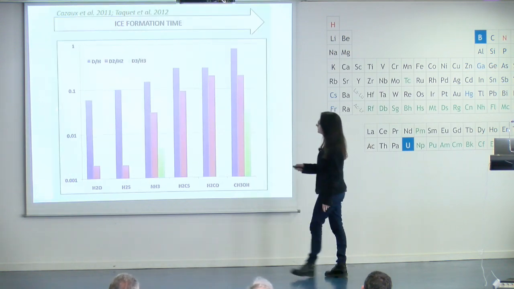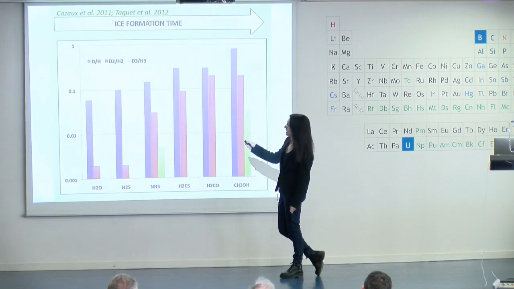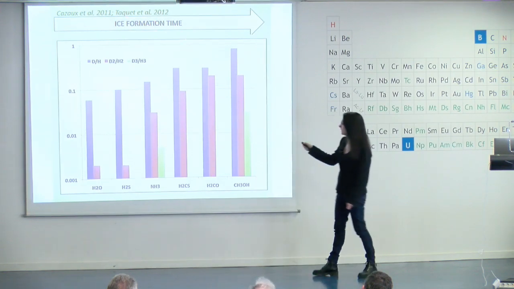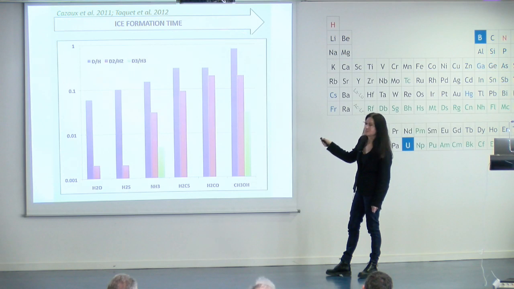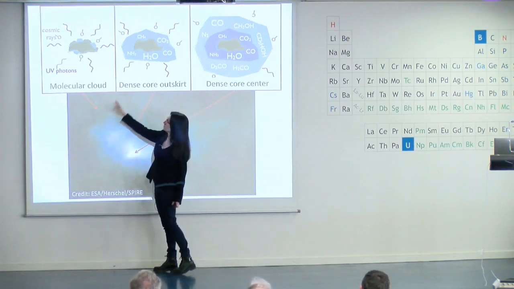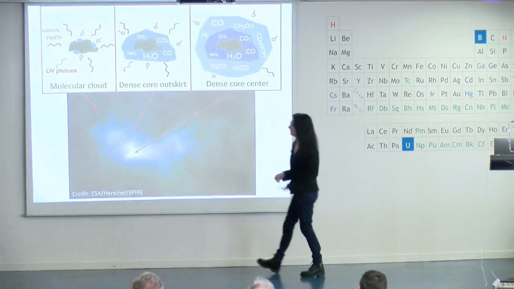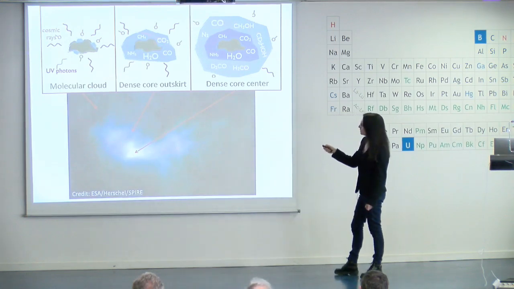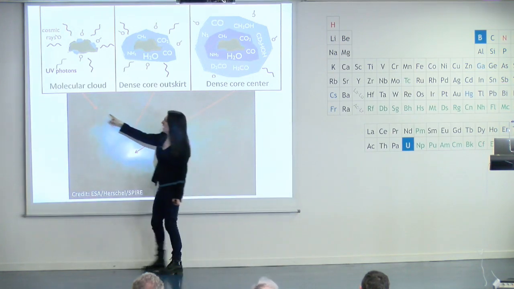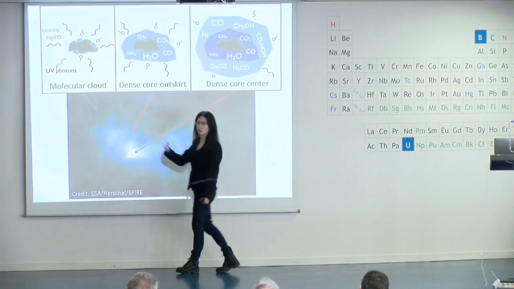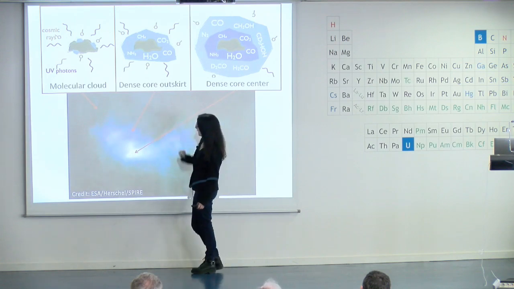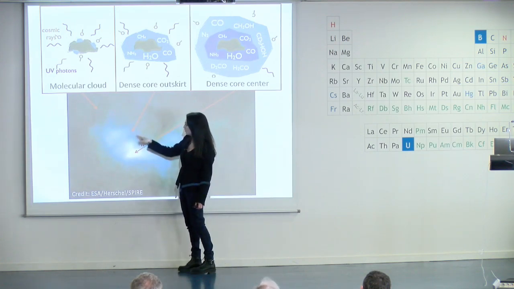The reason, as was explained by the paper by Stéphanie Cazaux and also Taquet in 2011 and 2012, tells us about this history of formation. In particular, when you are at the outer part of the cloud, you just form a tiny little layer of, say, water ice. Water ice is mostly becoming thick in this outer edge here. Outside the cloud, it's very difficult because you have too many photons that photodesorb. Here you have the thick water ice, but there is not much freeze-out of CO,